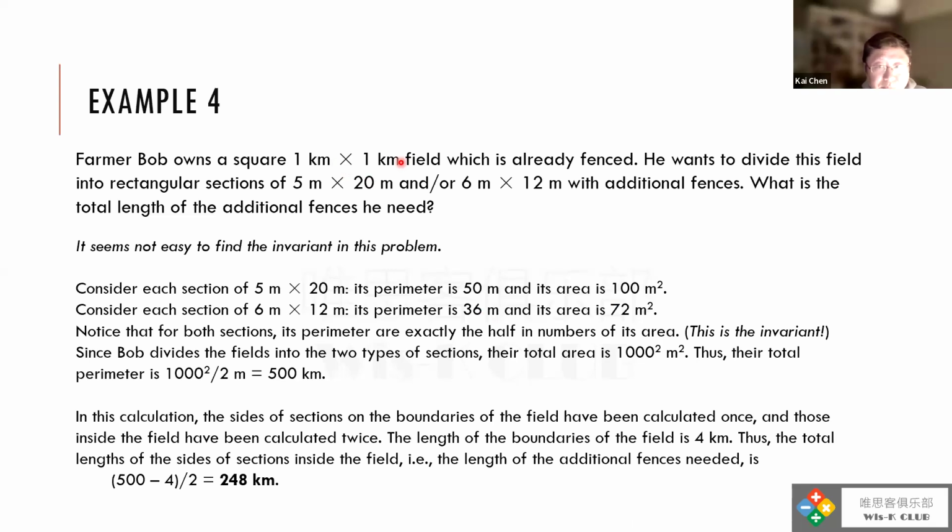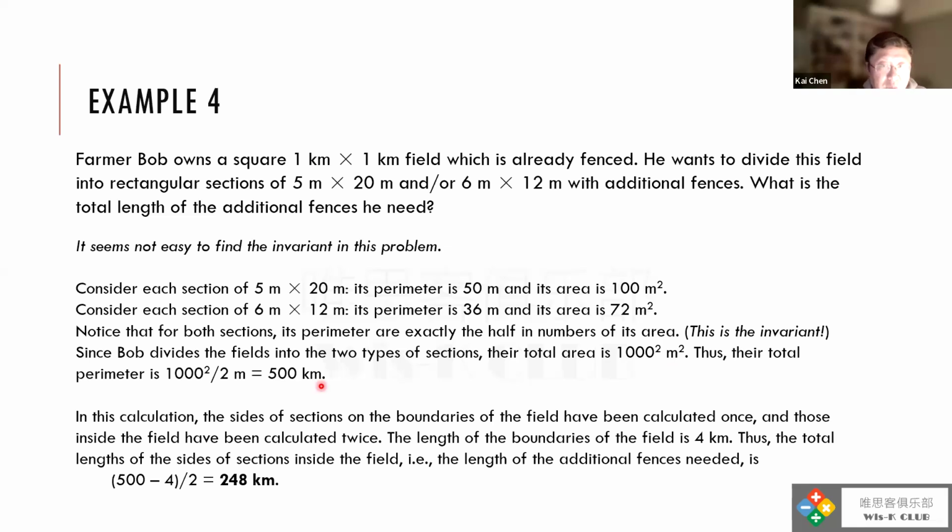And the ratio is invariant. No matter how many of this type or that type are chosen, the ratio between the area and the perimeter is always 2. And 1 kilometer times 1 kilometer gives 1 million square meters. Divided by 2, we get 500 km